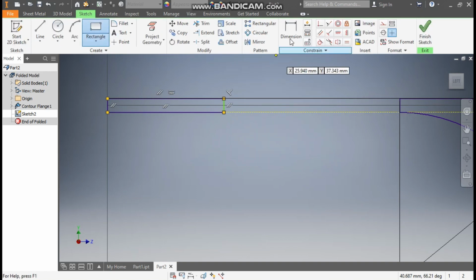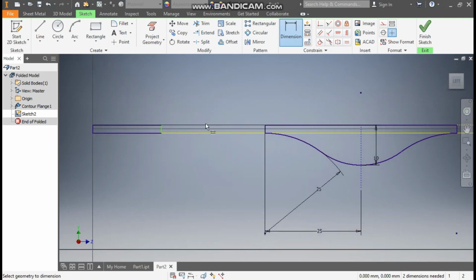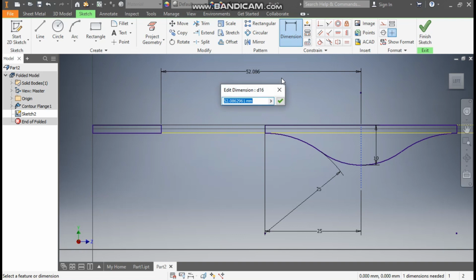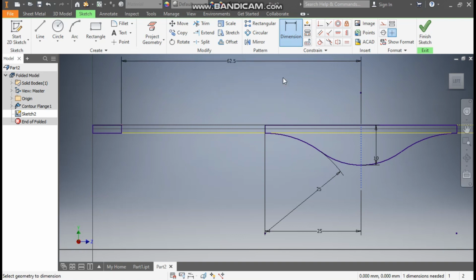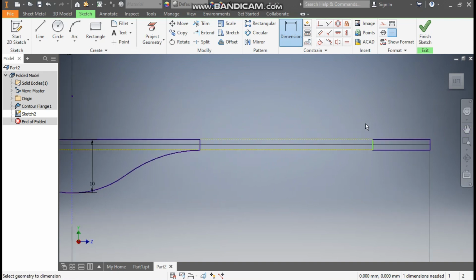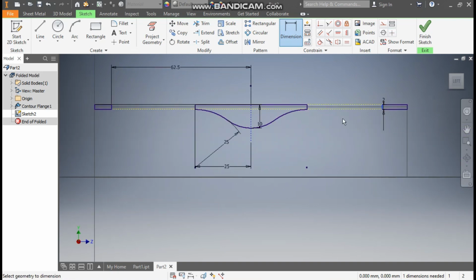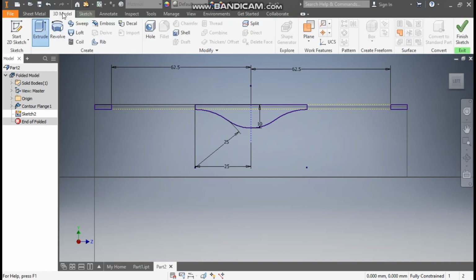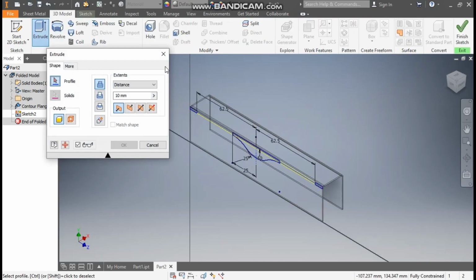Go to sketch, go to dimension, select this line and select the center line. Here the distance will be of 62.5 and same here, select this line here and select the center line. This distance also 62.5. Okay, go to 3D model, take extrude, select all the profiles, flip the direction to cut,